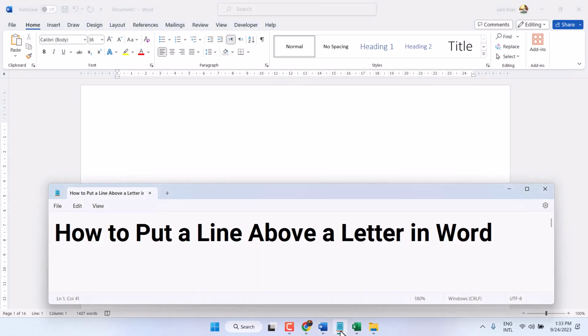In this video, I will show how to put a line above a letter in a Microsoft Word document. So, a very easy and quick way to put a line above a letter in Microsoft Word. Firstly, type your letter